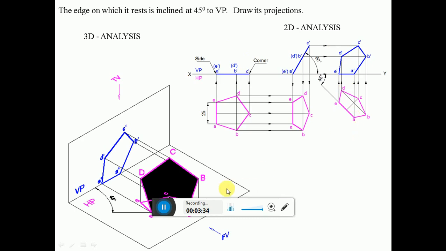That means I am rotating the second position top view by an angle of 45 degrees. So since it is the true inclination line and this length is also true length, consider any point on the XY line and draw a 45 degree line. You measure the length from A to E. Since it is the true inclination and the length is also true length, you transfer directly. Consider any point on that, you mark this point AE. Then measure the length from A to this point. From A, you mark that point.